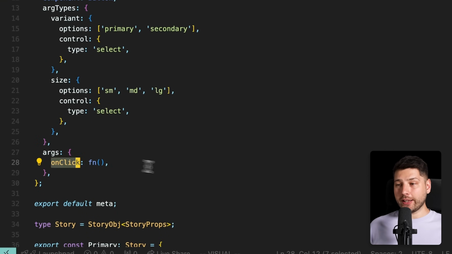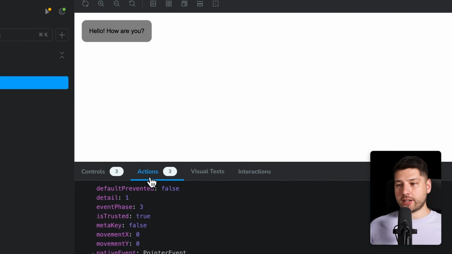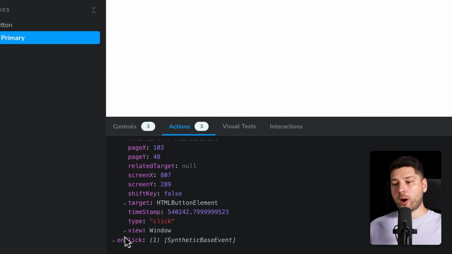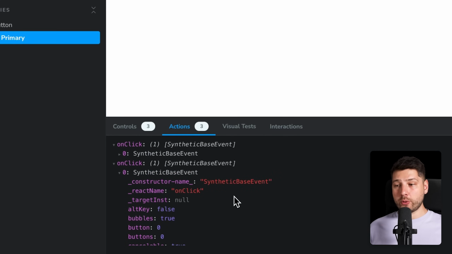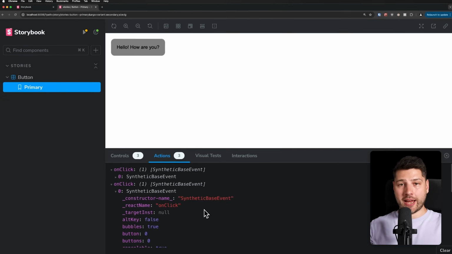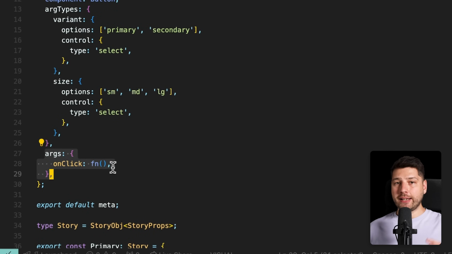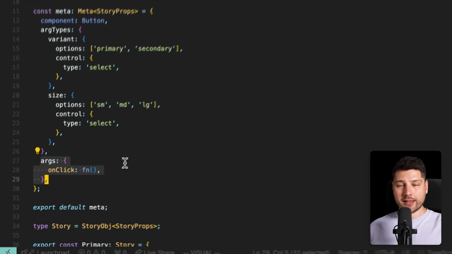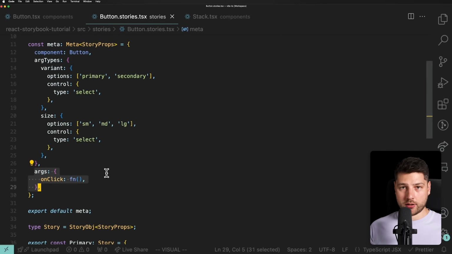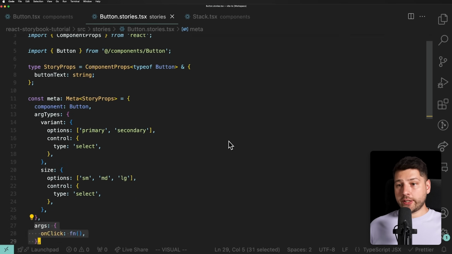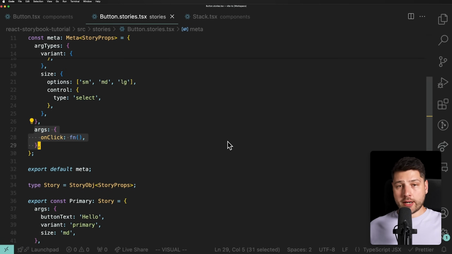Doing it this way, you're natively integrated into Storybook, and you're automatically, just by putting it here, going to have access to this onClick function, and you're going to get it here inside of the actions, and you're going to see every single property that this logs. This is better than doing it the simple way, which is using a simple console log, right? So just put the fn function here as the args for any single property inside of your component that is clickable, and everything else is going to work. And with this, honestly, you've pretty much learned everything that there is to know about Storybook, at least the basics,